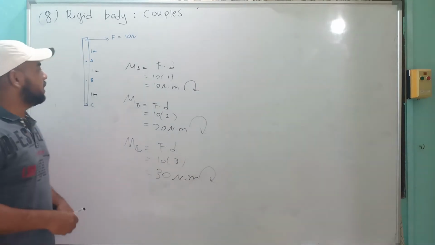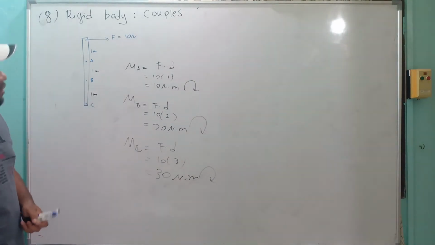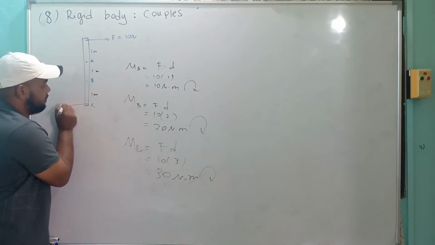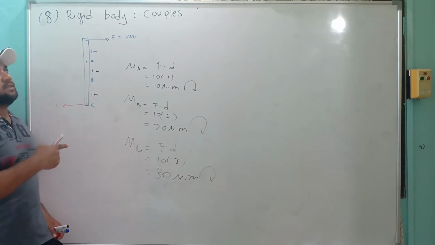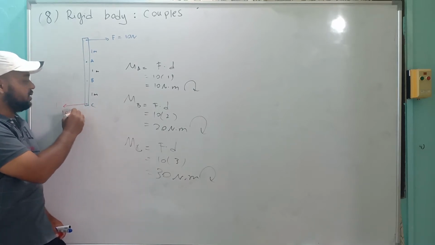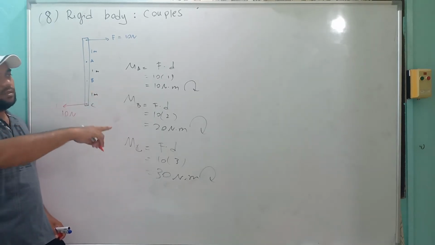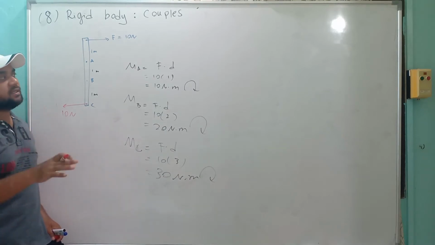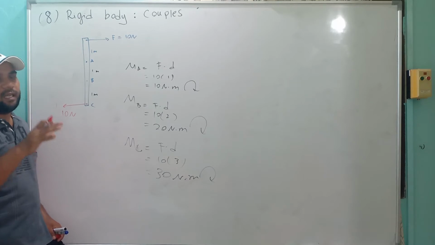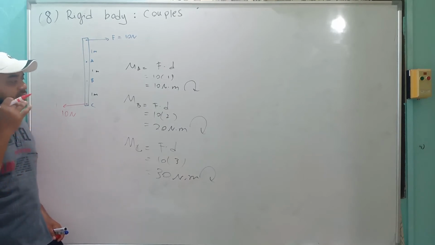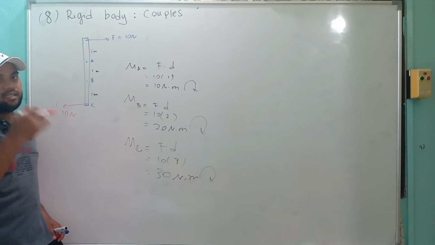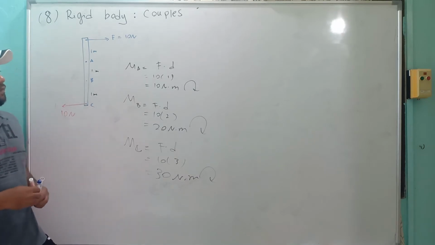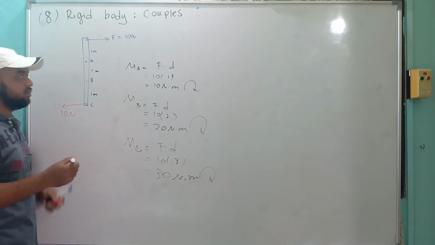Now let's say what happens if we have one more force which is the same as this one but in the opposite direction. Same magnitude, which is 10 Newton, same line of action of force, but opposite direction. So we have two forces the same in magnitude and line of action. The only difference is the direction, which is opposite. If we have these two forces and want to calculate the moment about point A,